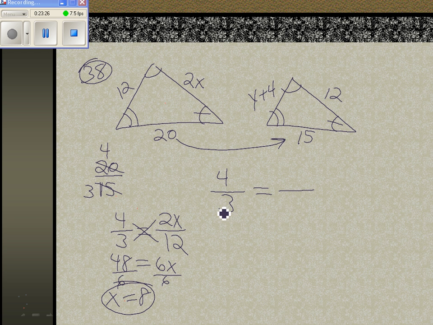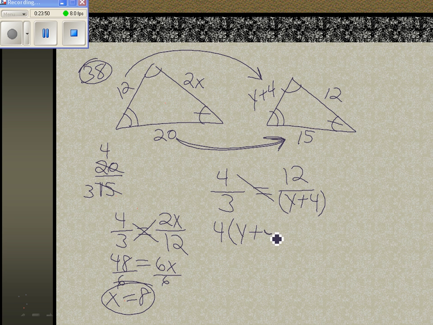12, right? You've got to make sure if we start here and go 20 to 15, then we got to go here to here. It's got to match up the same. So 12 over y plus 4. We said a couple times ago, anytime you have something like this, put parentheses around it before we multiply. So we got 4 times y plus 4